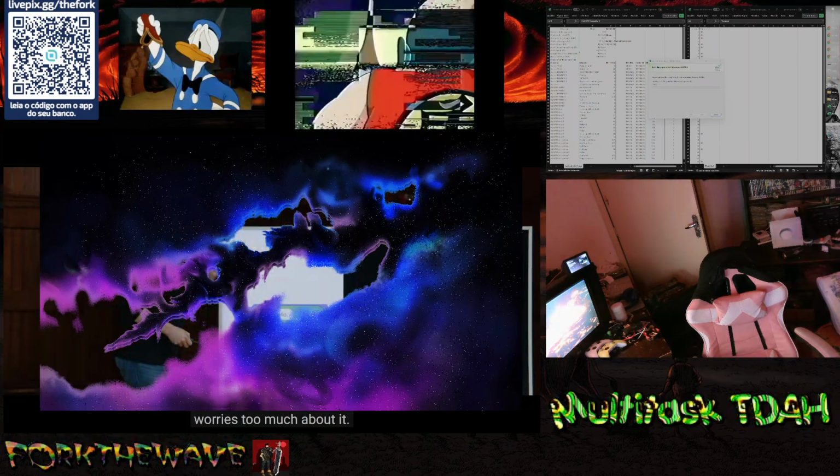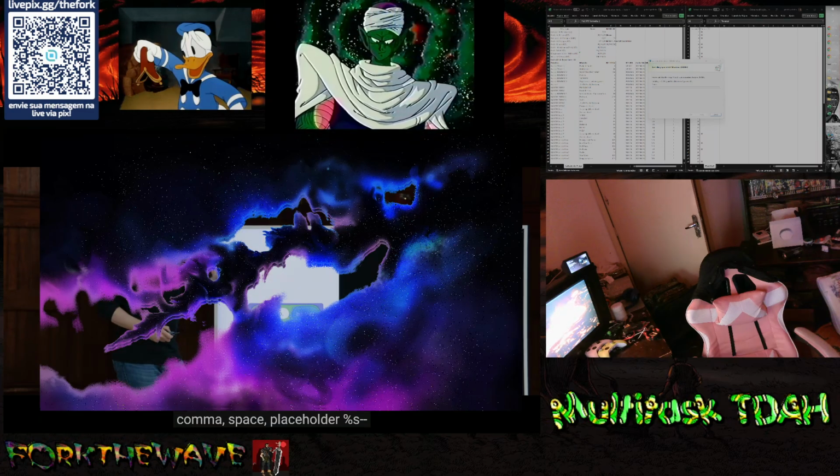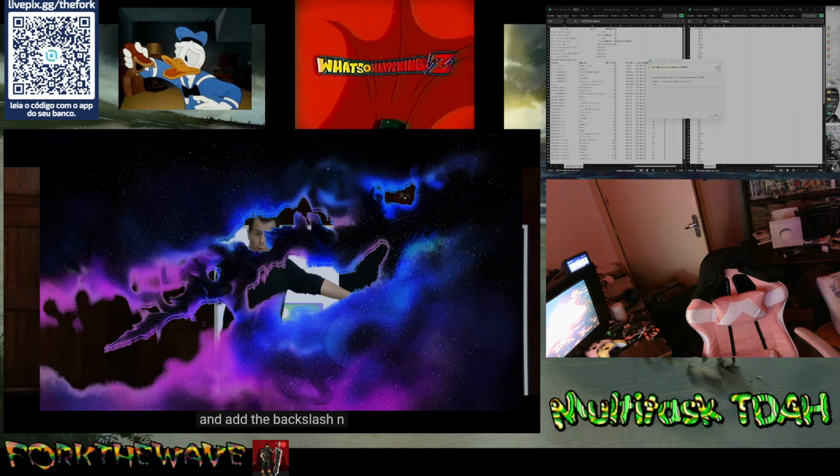All right, so that's not quite enough. In addition to saying hello, comma, space, placeholder %f, and just for vocabulary's sake, that's a format code, again, format being the F in printf, I still need my double quotes around the whole thing. In this case, to match my previous program, I'm going to add \n to move the cursor to the next line.